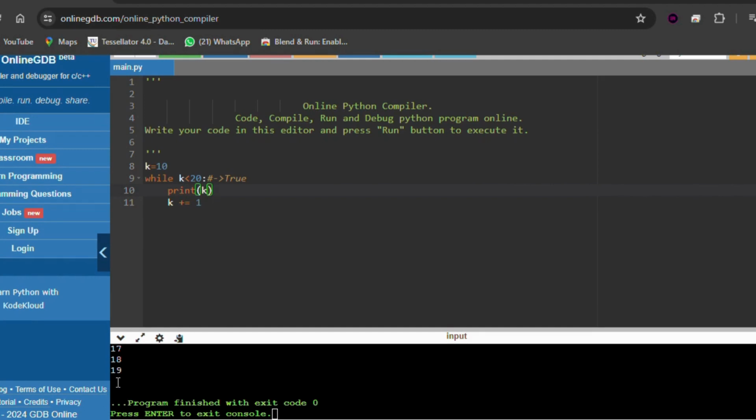In this way also we can try it out. In this way you can try many problems, many exercises. So as of now,